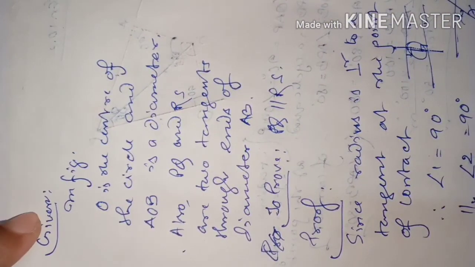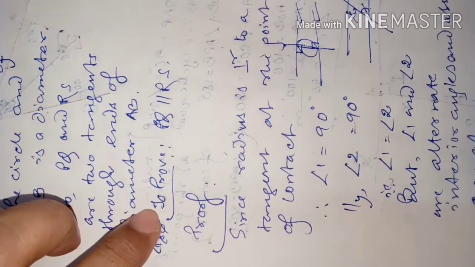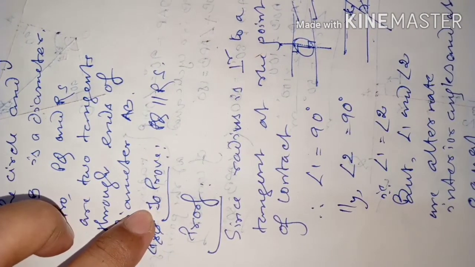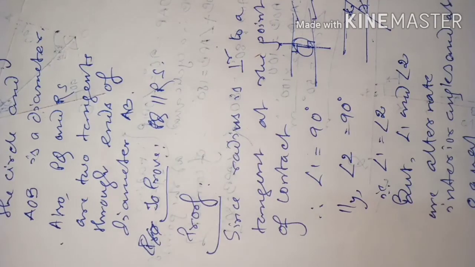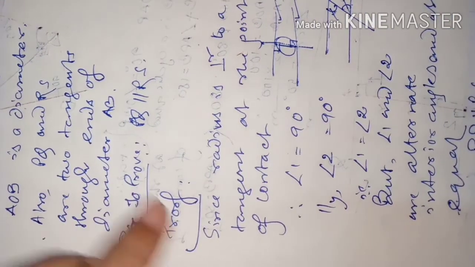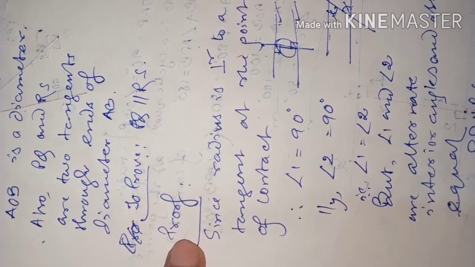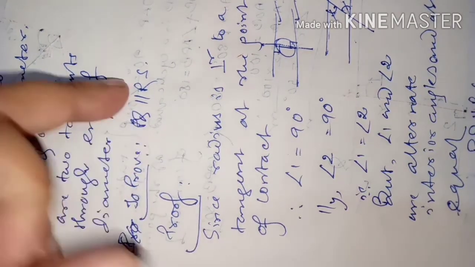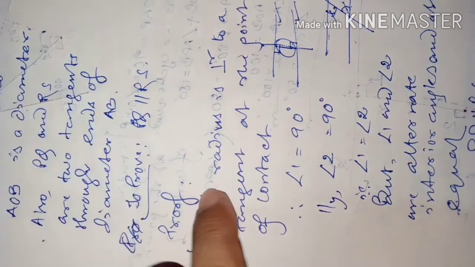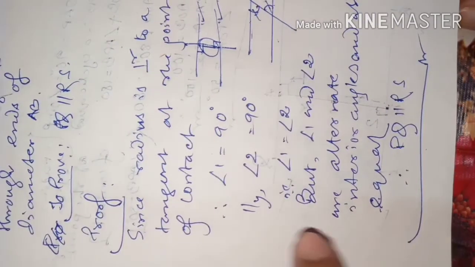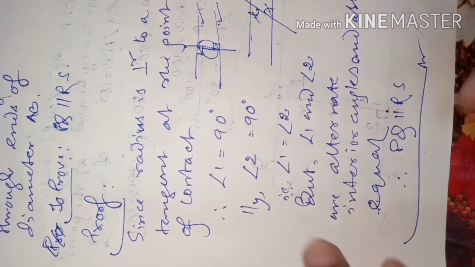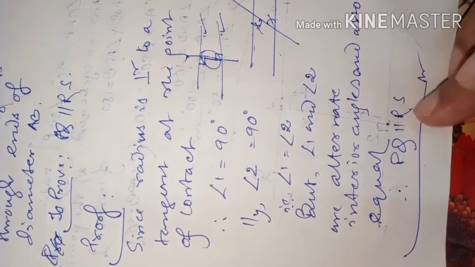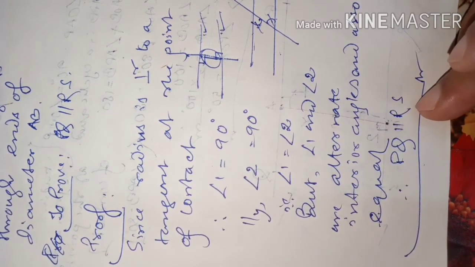In the proof, you have to write the given portion, given, and after that, to prove. If construction is required, then write the construction, but construction is not required here. Everything was given only. To prove statement, then proof. To prove and proof are both different. To prove means what we are going to show, and proof means how we are establishing the result, how we have established the result. So that is the proof part. Okay, students, thank you.